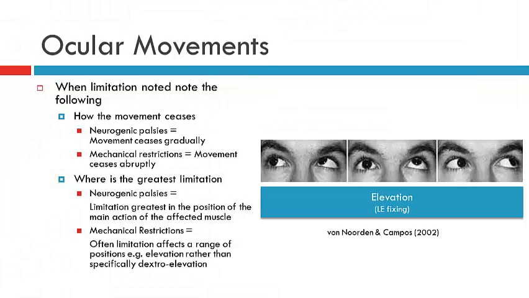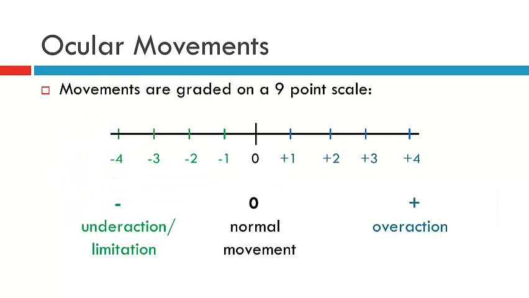If it were a neurogenic palsy, on the other hand, usually what you would see is one position of gaze being affected, say for instance levo elevation, but you would not see it also in dextro elevation and perhaps not even in direct elevation. So with ocular movements, we will grade any underactions or overactions that we observe, and we